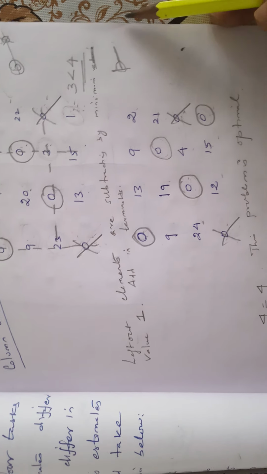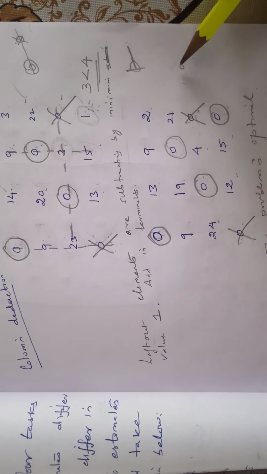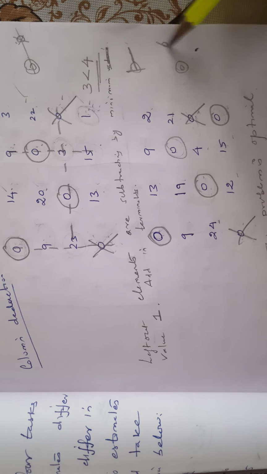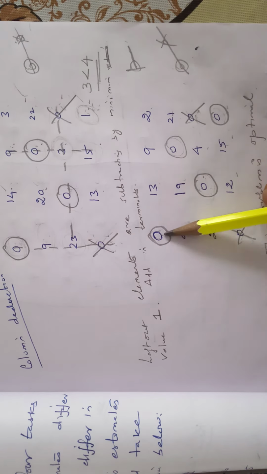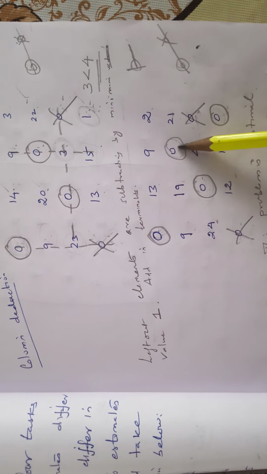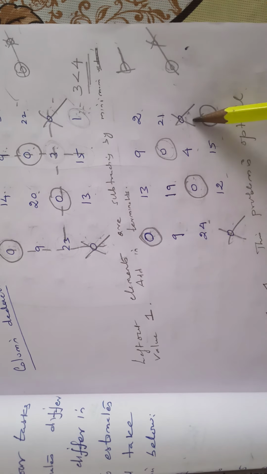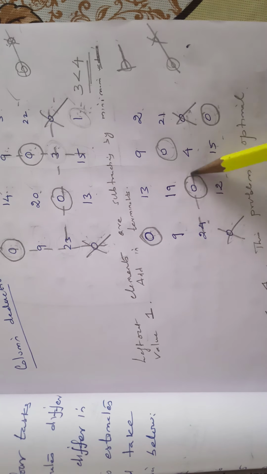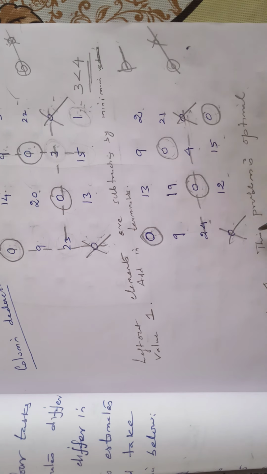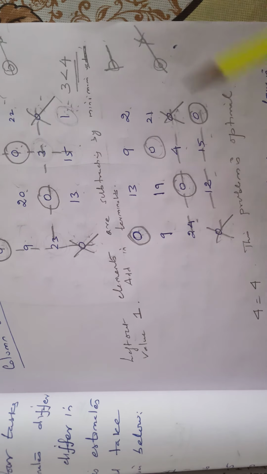So again we have to draw the minimum number of lines through circle and cross the 0. So first row only 1 0, leave this row. Second row only 1 0, leave this row. Third row circle and cross the 0. So we have to draw one line. And next row is also one circle, cross 0. So we have to draw this line.